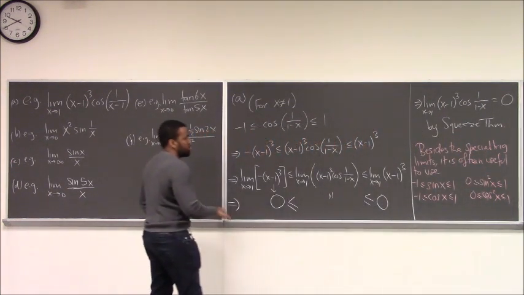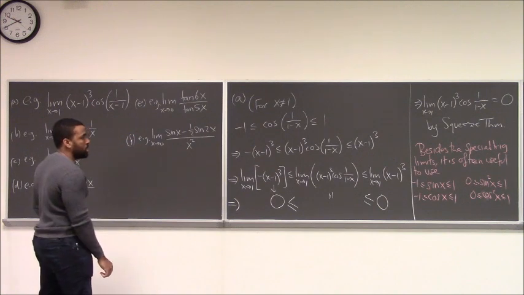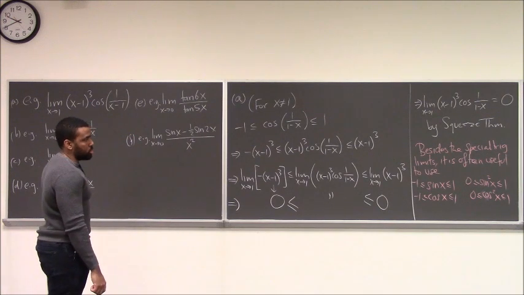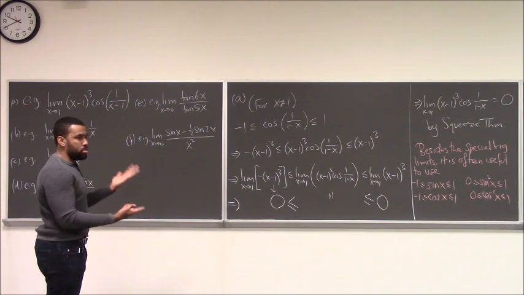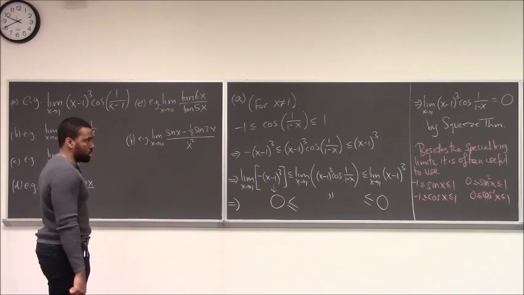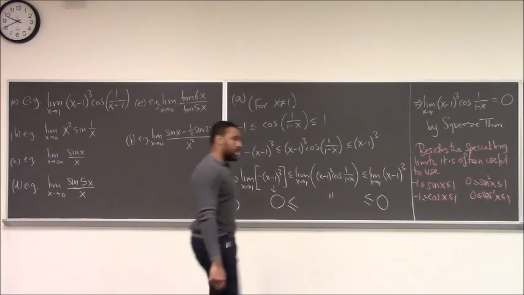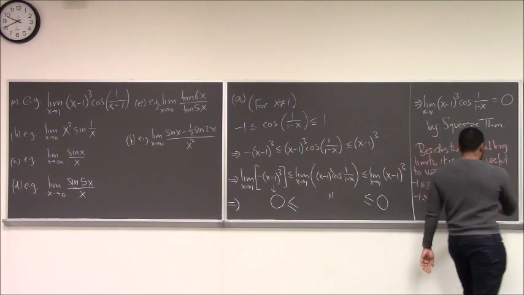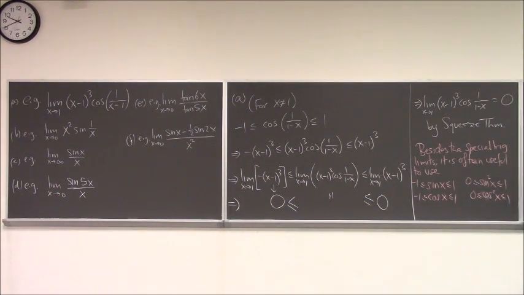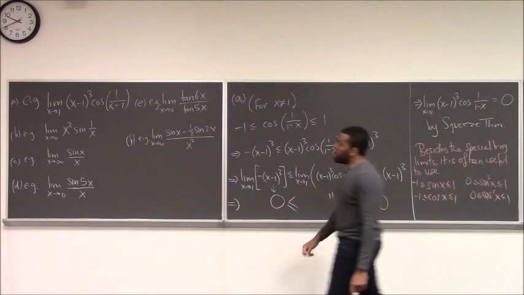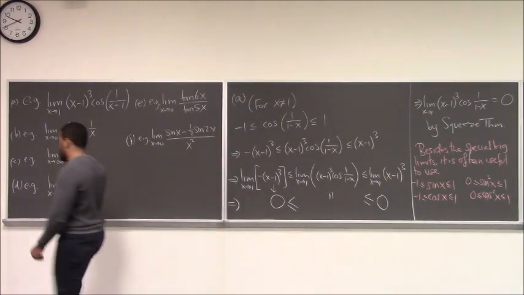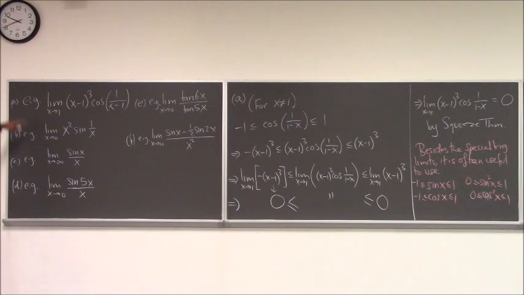So a lot of times if the special trig limit doesn't apply, bounding your trig functions between known values gives you a nice restriction. Bounding them can give you a lot of help in computing a limit. So yeah, that was the squeeze theorem. Pretty much the first 3 examples were using the squeeze theorem. I gave you these 3 after telling you what the squeeze theorem was.